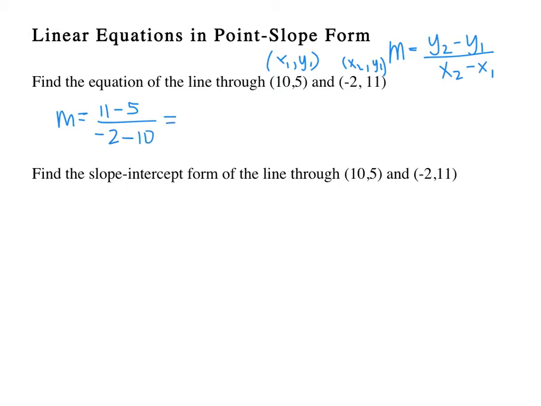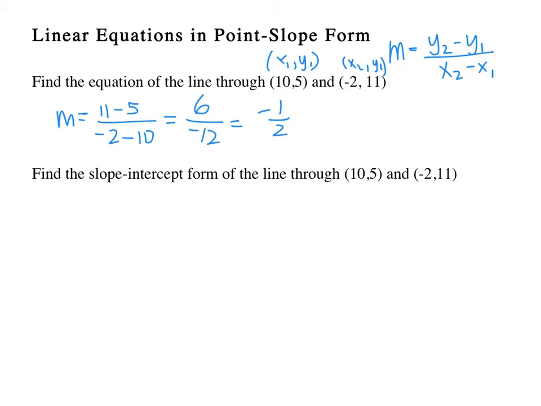Simplifying this, 11 minus 5 is positive 6. Negative 2 minus 10 is negative 12. That simplifies to negative 1/2. Now that I have my slope, negative 1/2, all I have to do is use one of the points, either (10, 5) or (-2, 11), and plug it into my point-slope form. For me, I'd rather choose (10, 5) just because they're both positive, so I don't need to worry